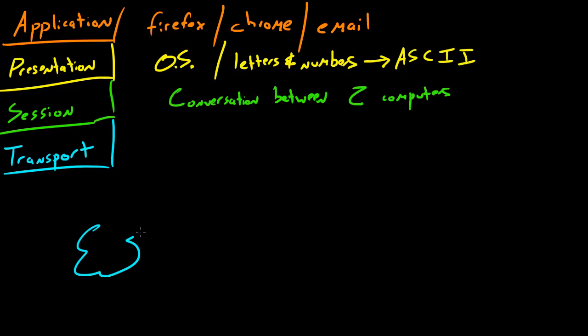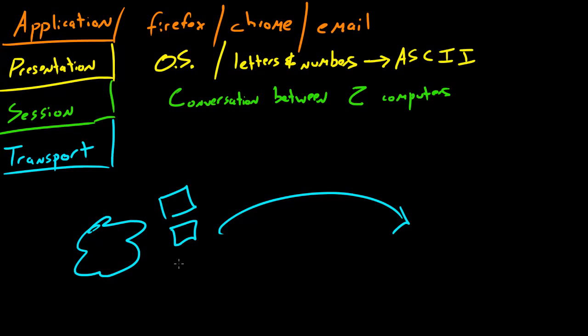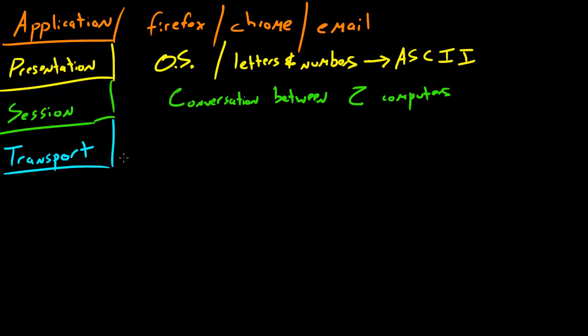Whenever you have an email and you want to send it to another computer, what your computer does is it breaks it up into smaller chunks of data just because it's easier for your computer to work with smaller chunks of data rather than one big one. So these chunks of data are actually called packets, and I sometimes use the word packet and frame interchangeably, but there is a difference. I'll talk about that later on. So basically, what this does is it ensures that packets are delivered